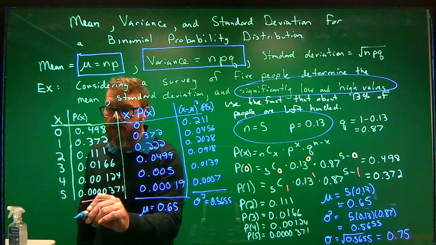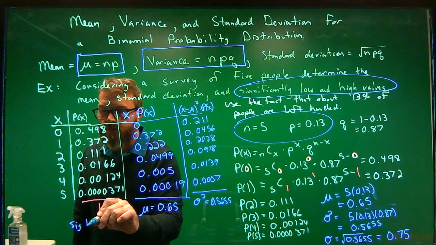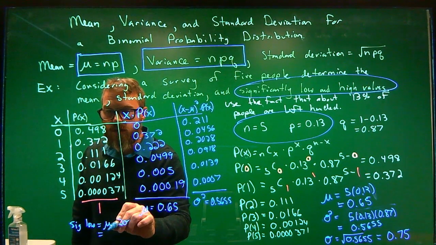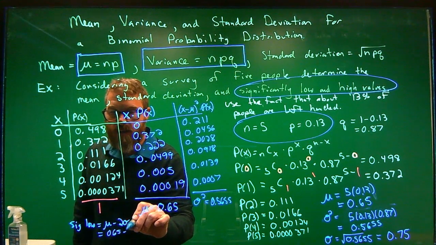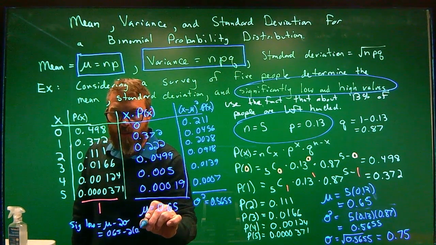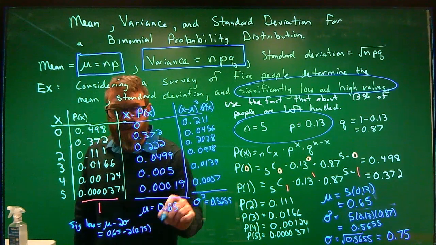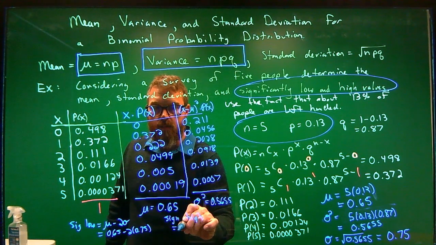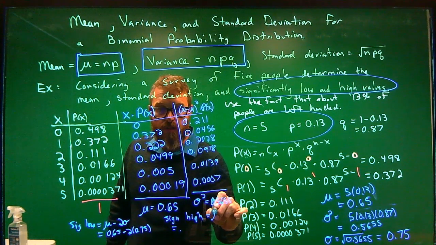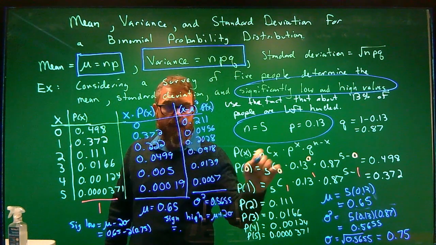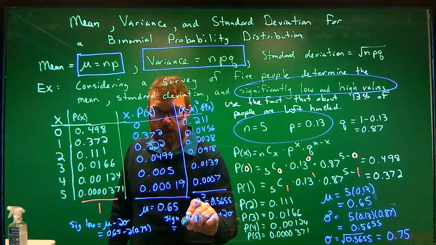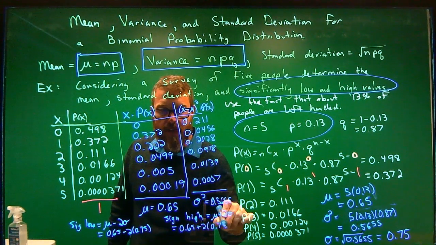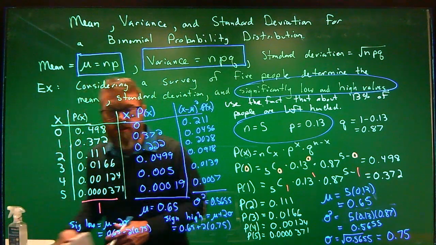So if I want to find significantly low and significantly high, well, significantly low is your mean minus 2 standard deviations. So this is going to be 0.65 minus 2 times 0.75. And then significantly high is going to equal the mean plus 2 standard deviations. Forgive me for this mess. I'm just out of room with this little board. So this is 0.65 plus 2 times 0.75. So we're going to see the kind of students that we can really expect if you have a class of